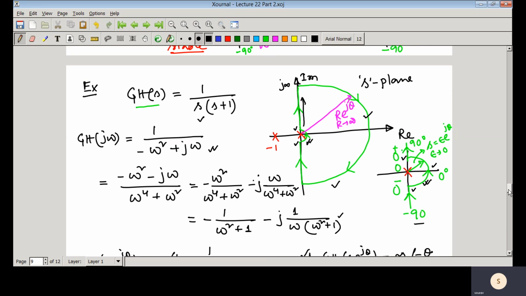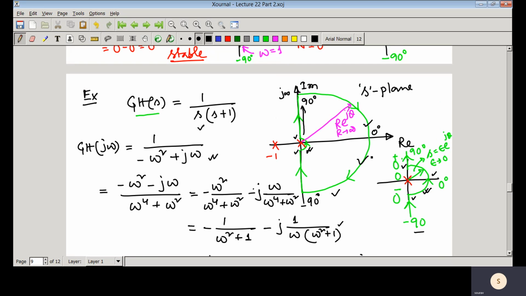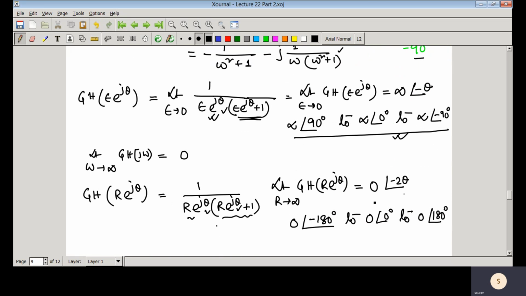And then you can see this is that 90 degree to 0 degree to minus 90 degree. So whenever theta is varying from 90 degree to 0 degree to minus 90 degree, this variation would be 0. Whenever 90 degree, that would be minus 180 degree to angle 0 degree to angle 180 degree. So that means for this particular branch, we have seen that at 0 near origin there would be this particular variation.